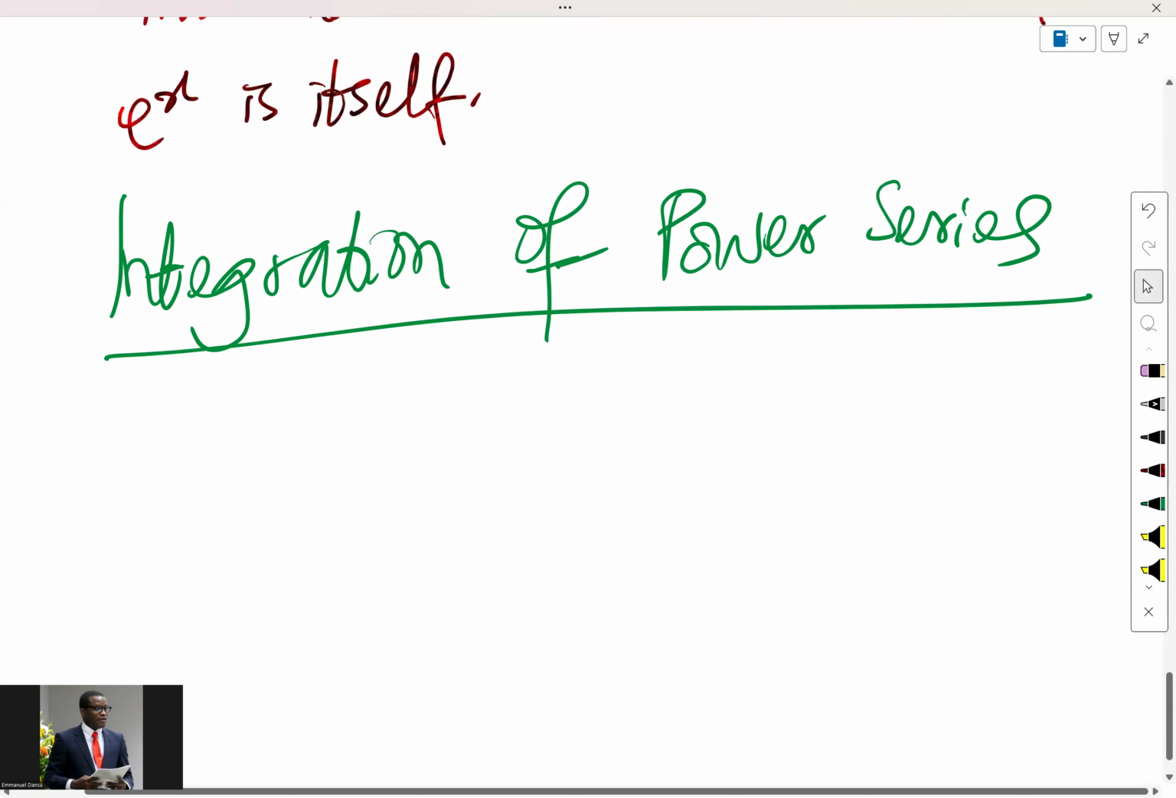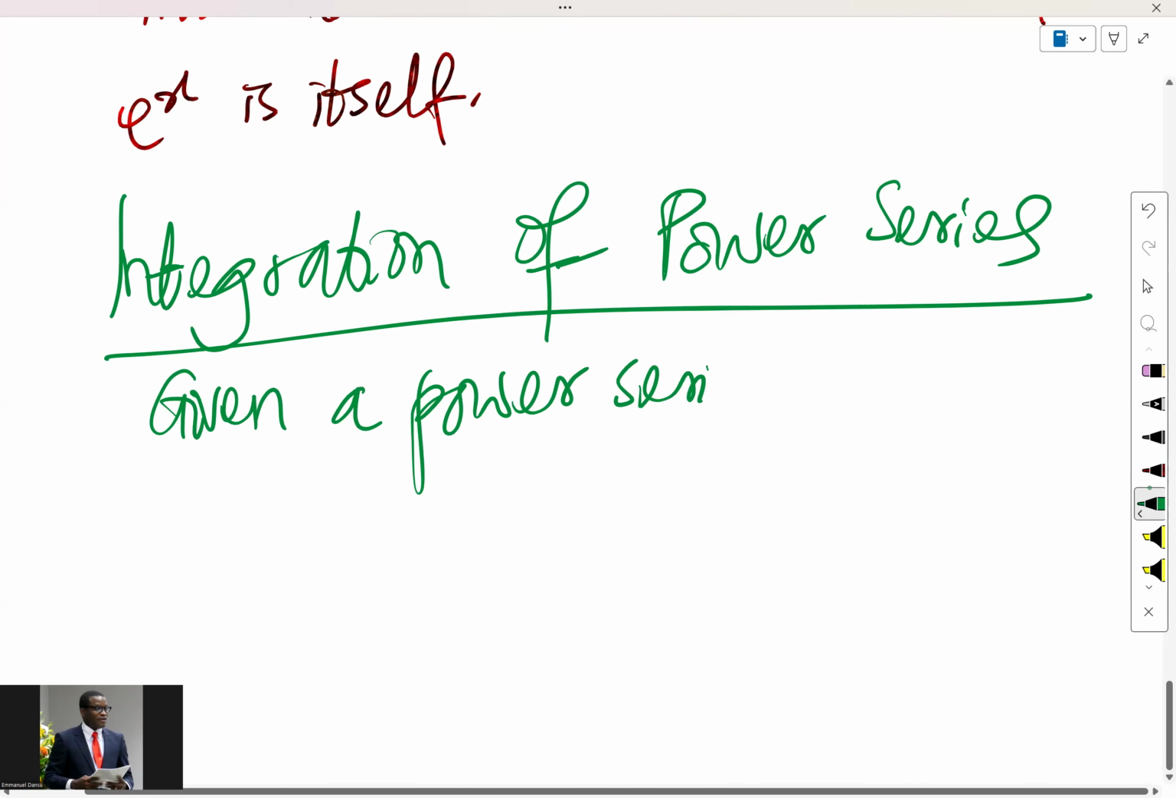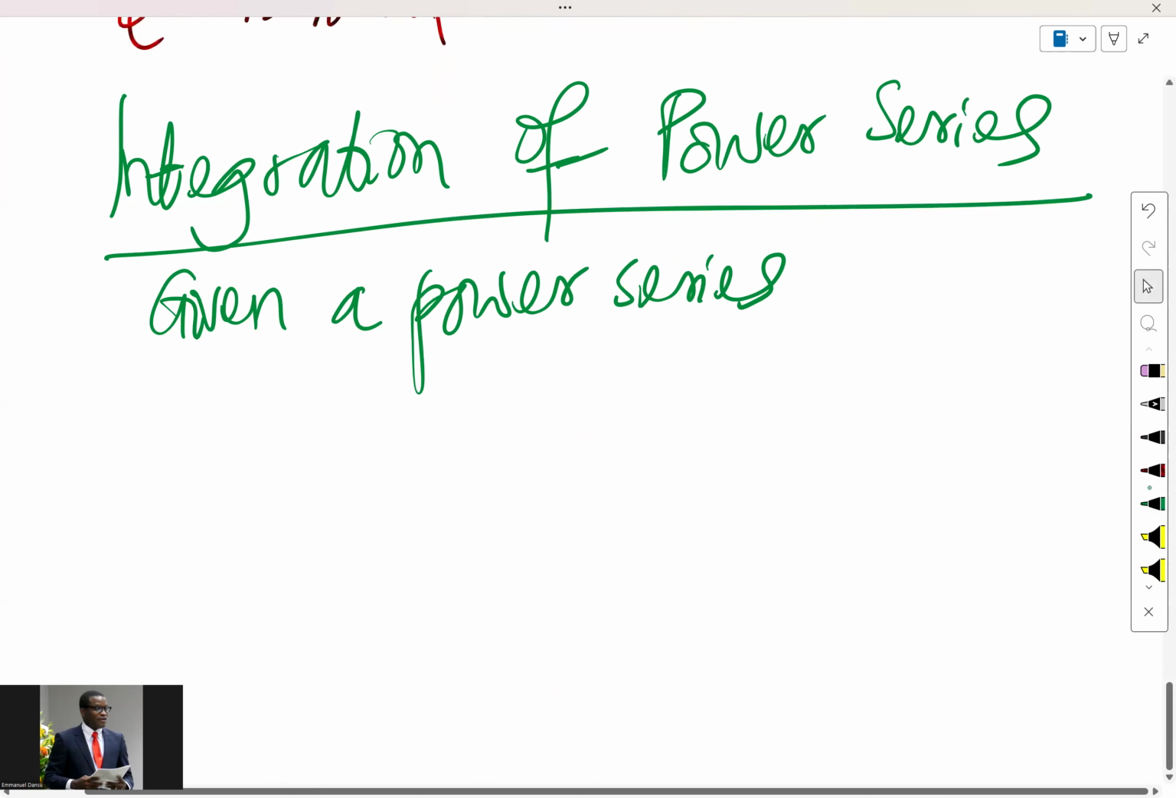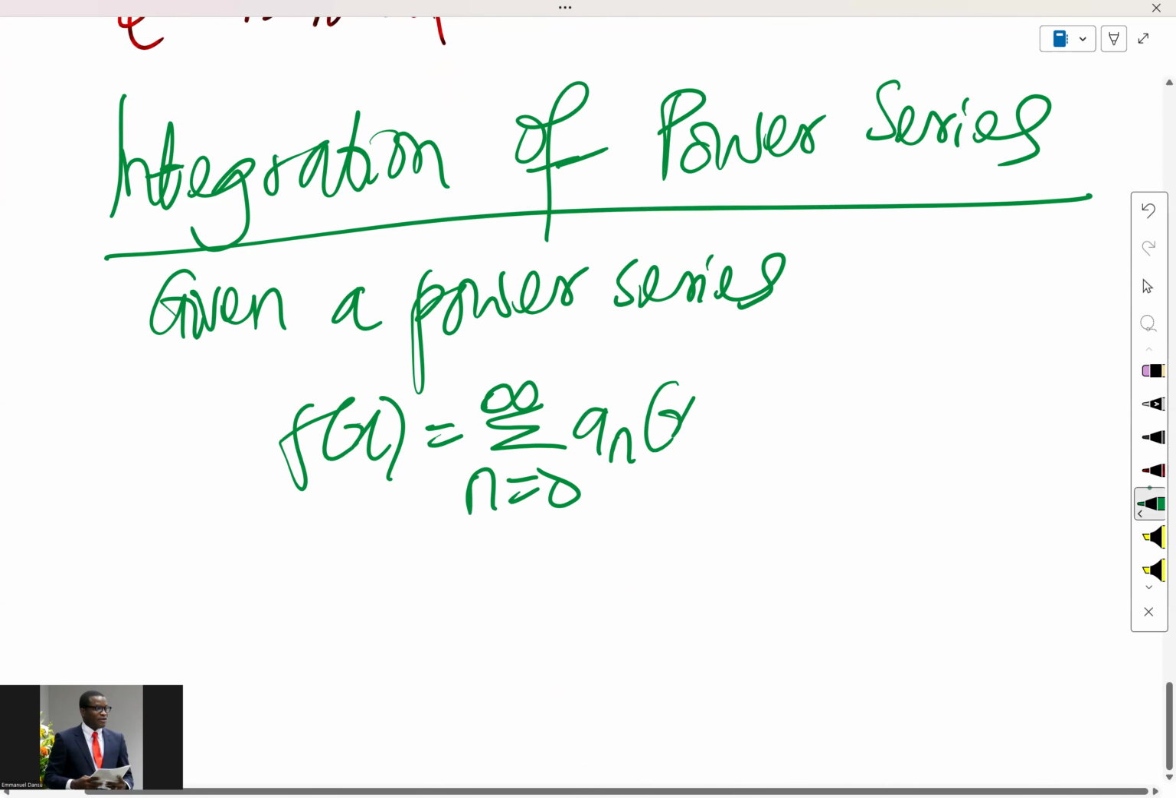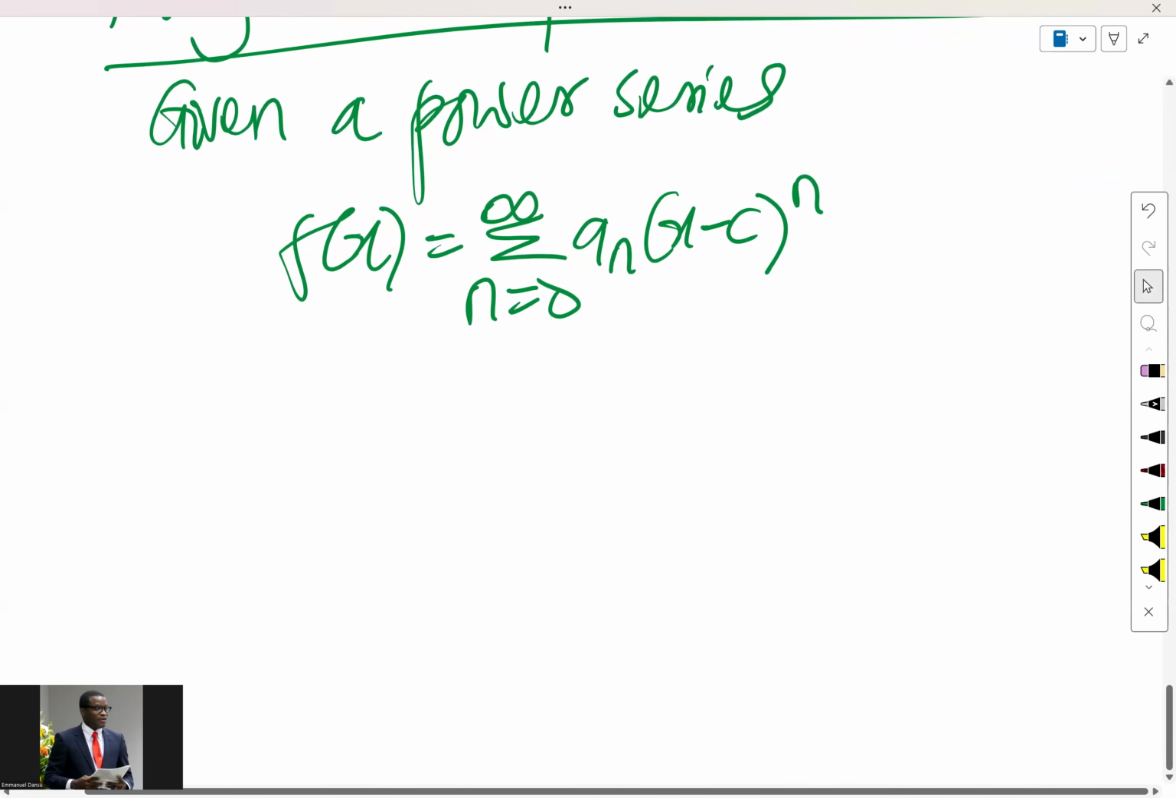So, talking about the integration of power series. Given a power series f of x equals the summation from n equals 0 to infinity of a_n times (x minus c) raised to the power n. This is a typical power series you've always known. So you need to know that the integral